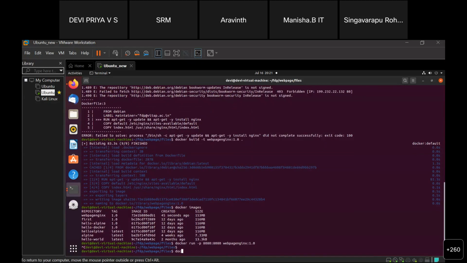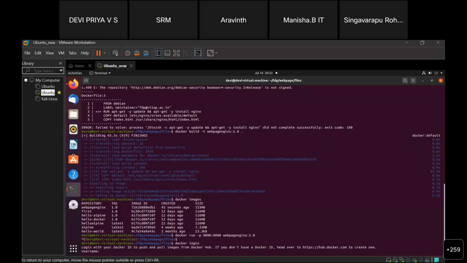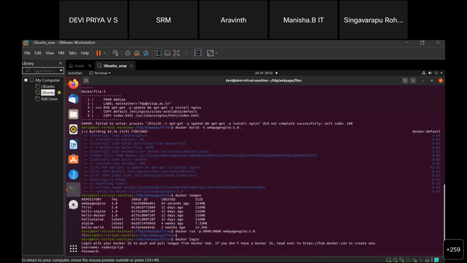For that, I am using docker login. I already have an account, so I am using that for logging into the Docker Hub.